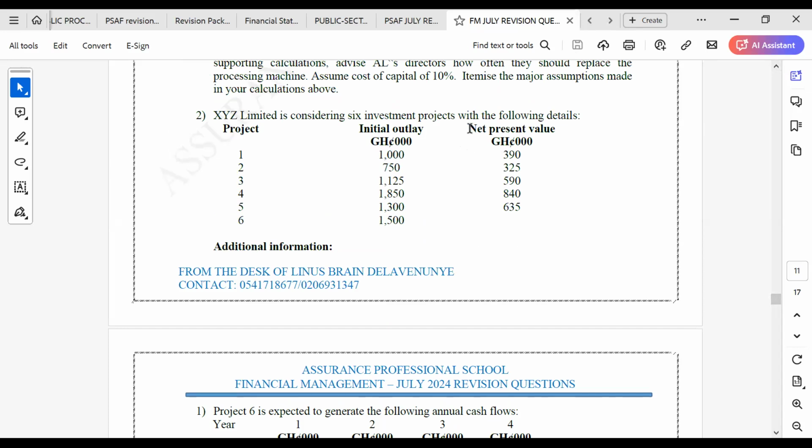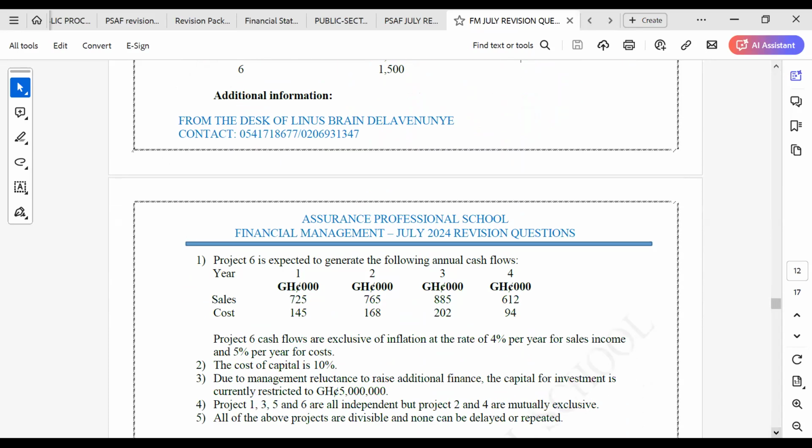You can say that all these projects are viable because they are all giving us a positive NPV. So we have to undertake all of them, but we don't have enough funds to undertake them. So a situation where we don't have enough funds available to undertake all the profitable projects that are available, we say that the capital of the company is rationed. And this can be from two ways, or they can ask you the ways that a company can experience capital rationing. We group them